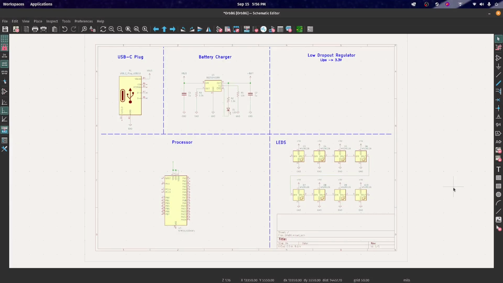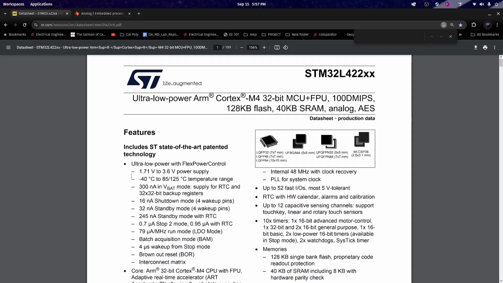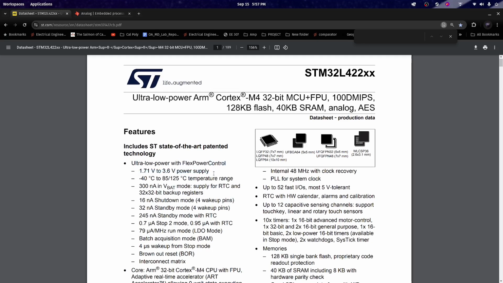Hi everyone. Today I'll be doing a fairly informal video where I am going to add a low dropout regulator to an existing design. For this design currently, I have a USB-C plug connection into a battery charger, and that battery charger is going to charge a LiPo battery, and I need to convert the LiPo voltage into a voltage that this processor, this STM32L422K, can take. So looking at the datasheet for my STM chip, I can see that it is expecting a